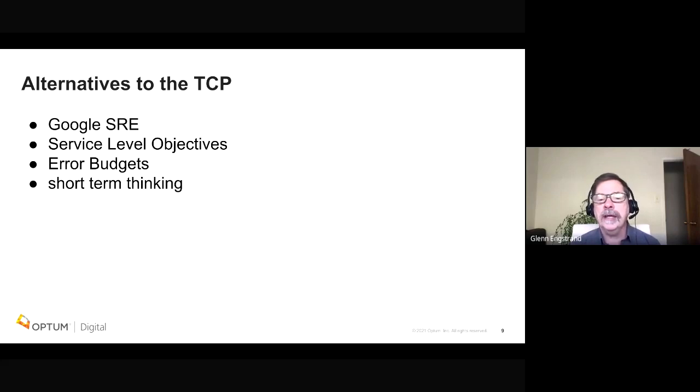The cause and effect between features and sales appears to be more real to most product managers than the cause and effect between tech debt and outages. There is a presumption that tech debt reduction releases will always make the system more stable. While it is hoped to be true in the long run, it is not guaranteed to be true in the short term. Since error budgets promote short-term thinking, this will actually end up discouraging product managers from approving such